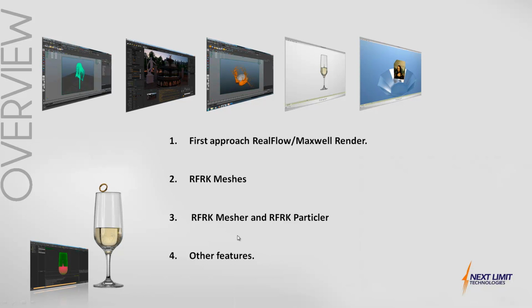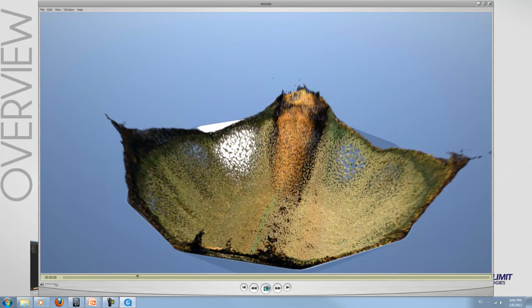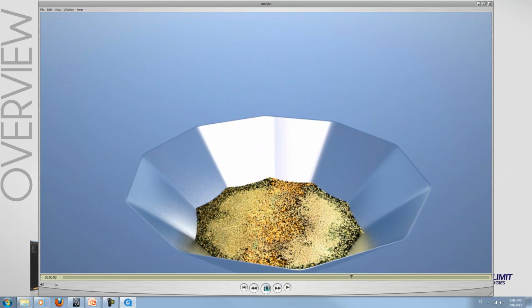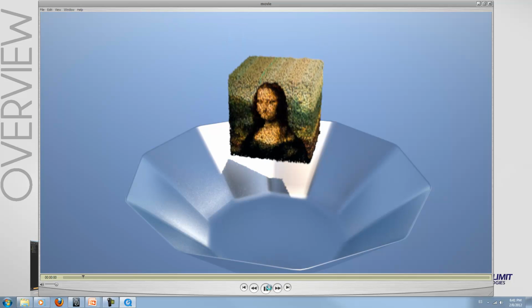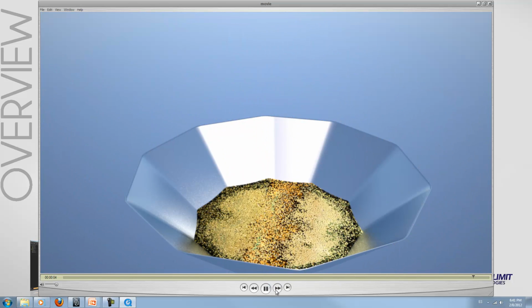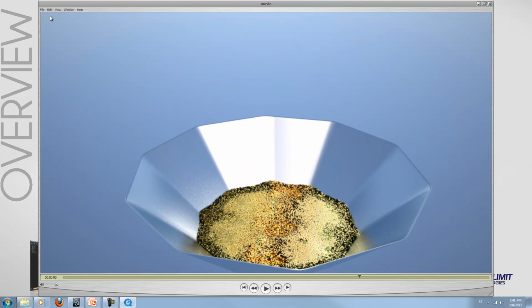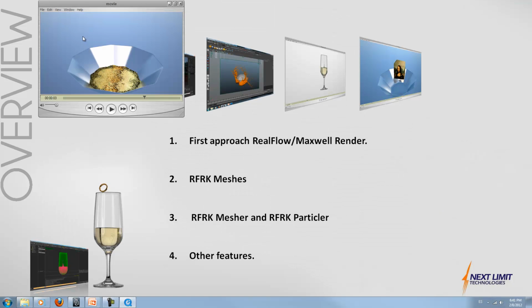So finally, we're going to take a look at other interesting tools that may be useful for all of you who are dealing with fluids and RealFlow stuff in general, especially in production environments, such as particle mapping and magnitude connections. For instance, we have this scene right here that is very nice. In this case, we're projecting a texture over the